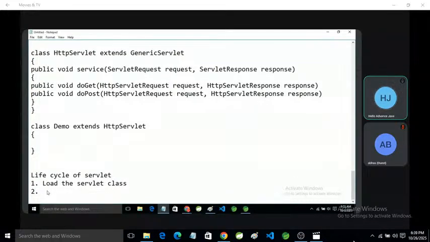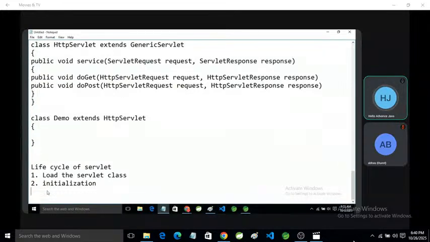After that, the JVM, or our web container, will create the object of the servlet class. That is called initialization.